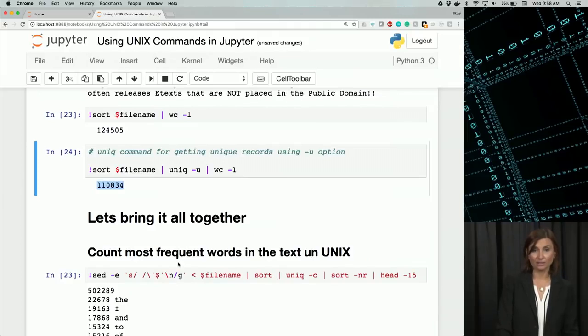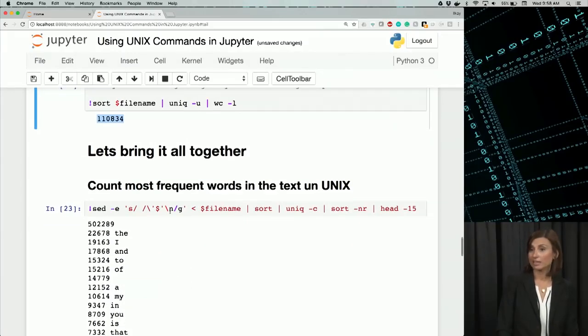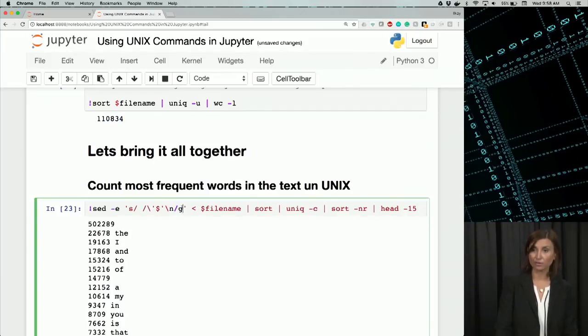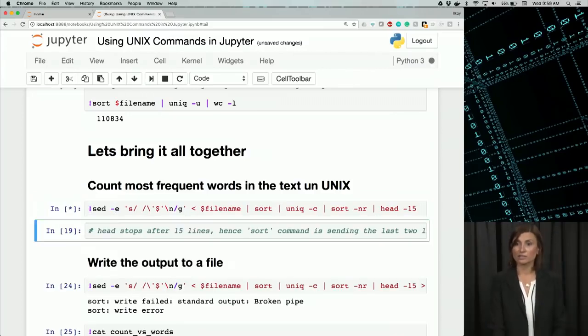To bring it all together, we will count the most frequent words in our data file. As you would remember, in our UNIX exercises, we used the sed stream editor command to do some processing to replace the spaces with a new line character. We will start by doing the same thing here. At the end of the sequence of unique character counts and sorting them, we will retrieve the top 15 using the head command. So that was the exact same pipe and filter we ran before. We only need the exclamation mark in the beginning for pipes and filters, as you see here. And then if you run this,